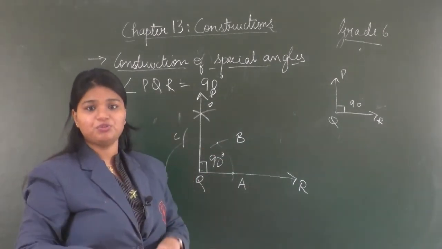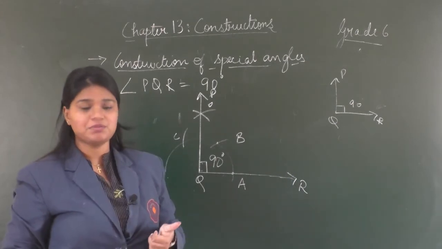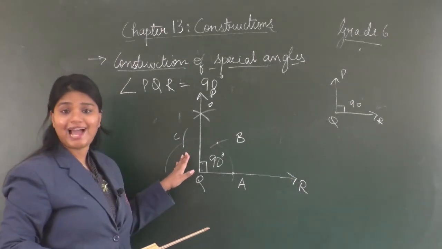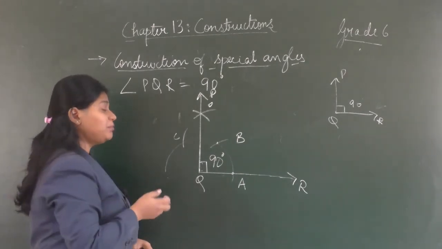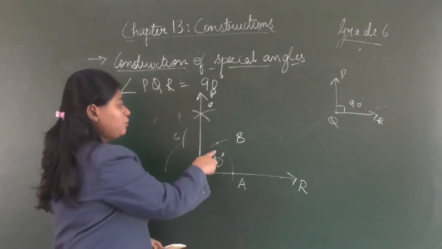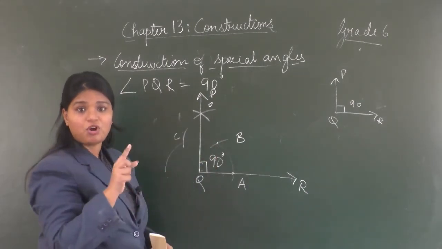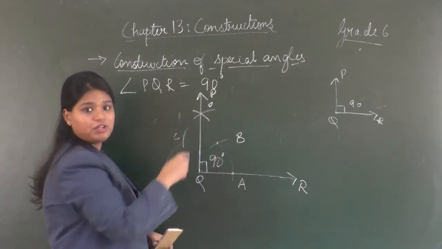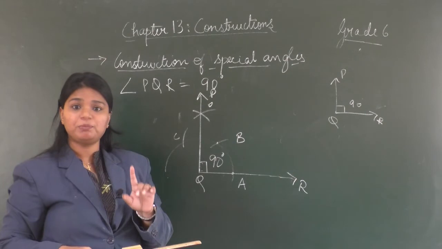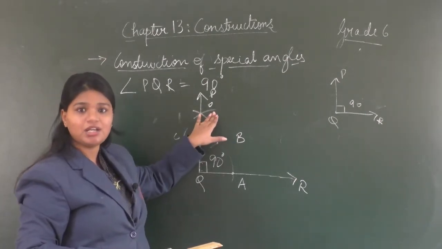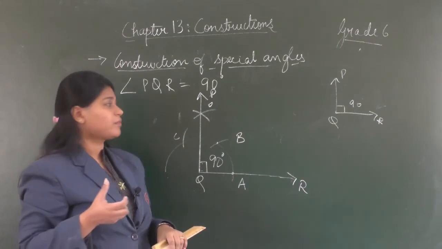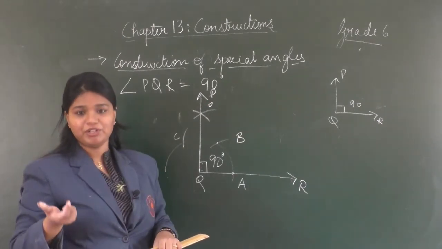So what you need to do, first you will follow the same steps as you follow for drawing angle equals to 120 degree. After that you have to keep the needle of the compass on point B and construct or draw an arc above. Now with the same measurement you will place the compass on point C and cut the previously drawn arc and you can name that arc of any alphabet of your wish.